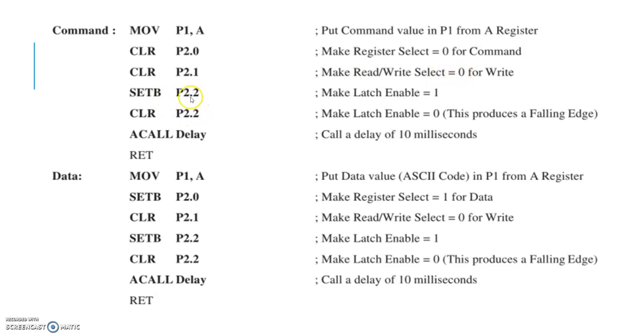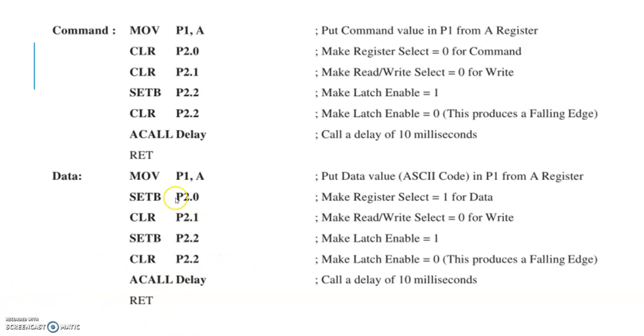Then set bit P2.2, that is for enable, and clear P2.2. So it will get a falling edge, so that it latches the data in the command register to the data bus of the LCD, and the return function will return back.